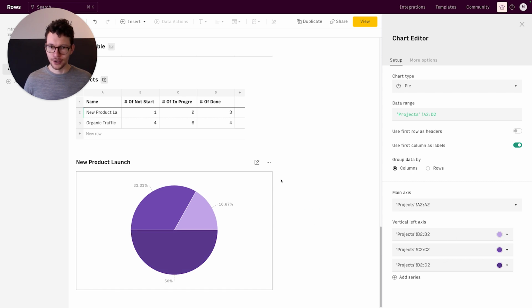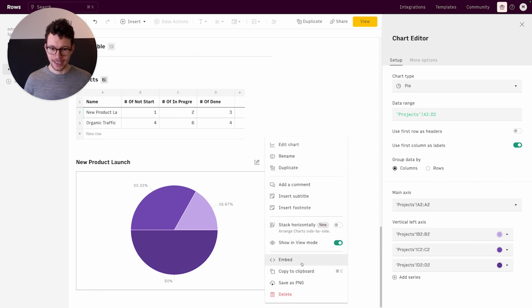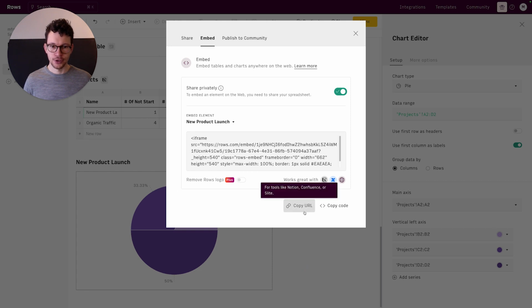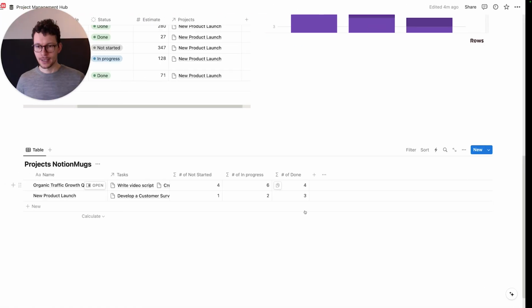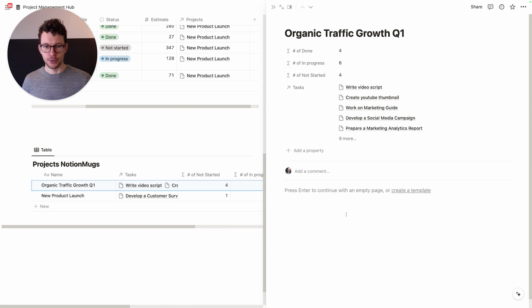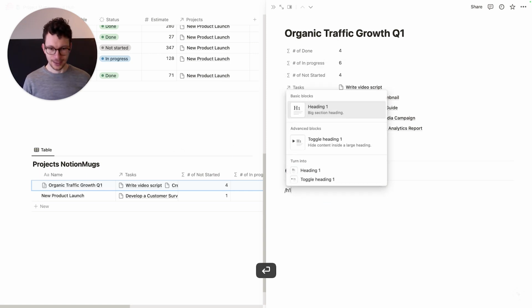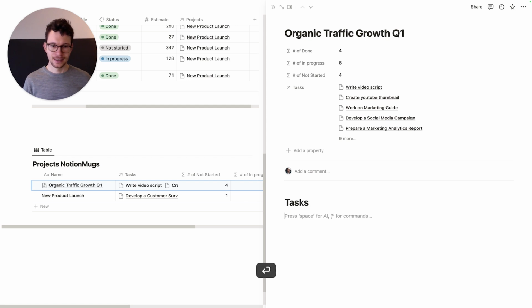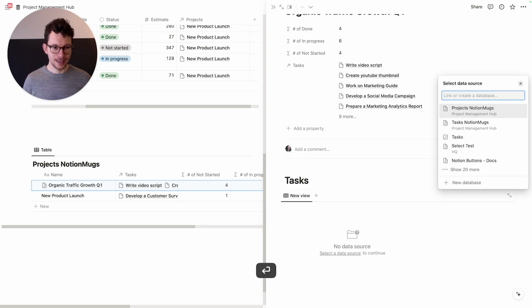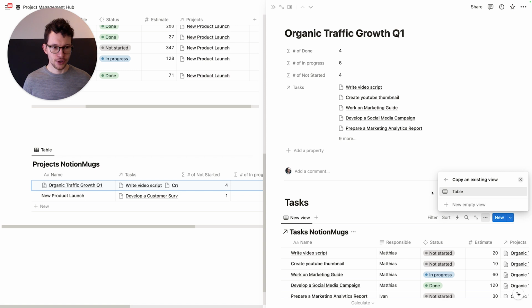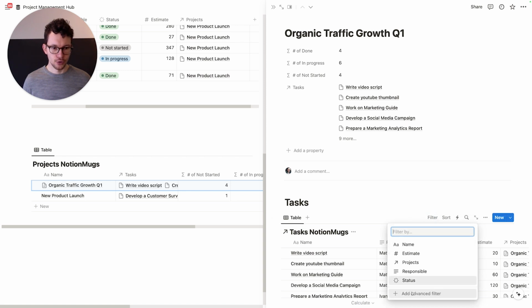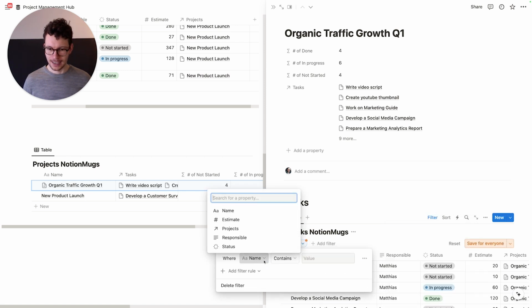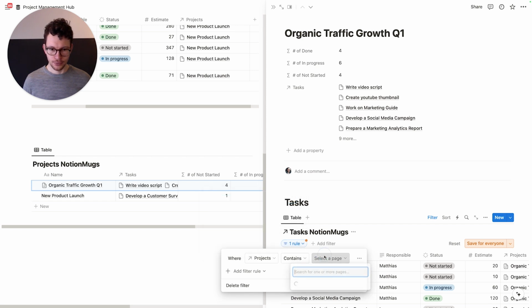And now I can go back and add this to my database. So embed, to my Notion part. So copy the URL, go to Notion, and then on my dashboard for the project, right, usually here I would have a database that shows me a linked view. It says, okay, tasks, right, create a linked view of a database, pull in the task version, and then say filter this to only show the tasks linked to this project, right? That's how you would usually have your